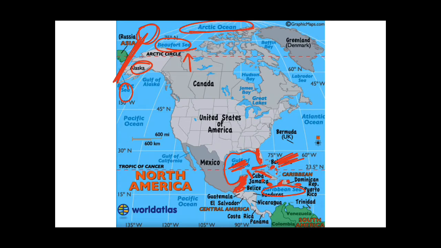After that we also see the Pacific Ocean. The North American continent is surrounded by three oceans. So this is the Pacific Ocean, this is the Arctic Ocean, and in the east it is the Atlantic Ocean. These are some of the features we did yesterday. If you have not watched yesterday's video, part 1 of the North American continent, then I will provide you the link in my description box, or you can go to my playlist and watch the video.